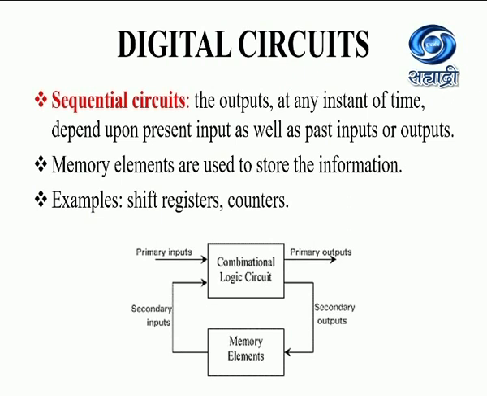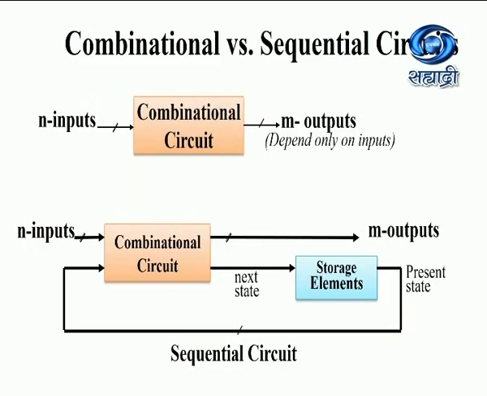If you observe this block diagram, combinational logic circuits are there to apply inputs and to get outputs, and a memory element is used to store the outputs and to feed back to the combinational logic circuits. So a sequential circuit is basically a combination of combinational logic circuits and memory elements. Now the circuit difference. In combinational circuits there are no storage elements. In sequential circuits we have to add storage elements to the combinational circuits also, so we can store the next state as well as the present state in those storage elements.